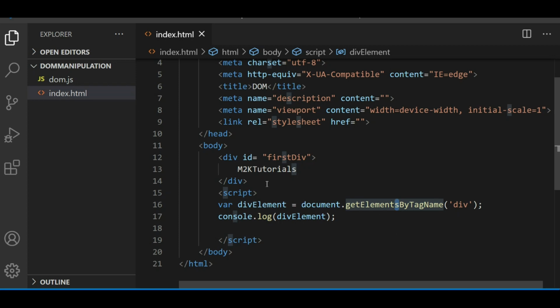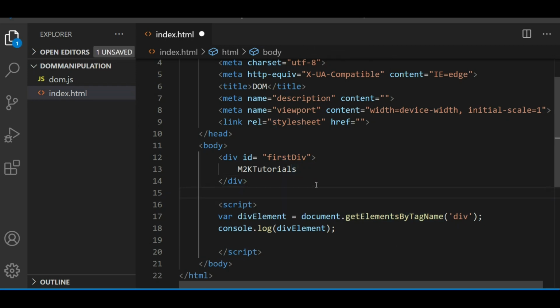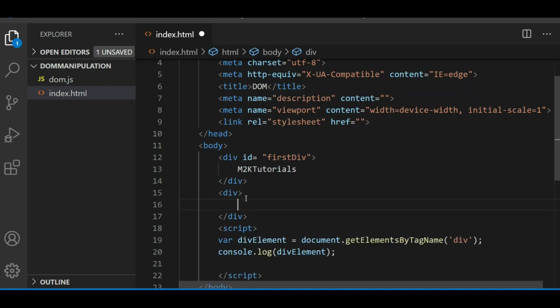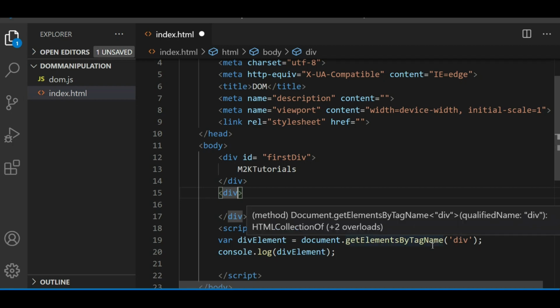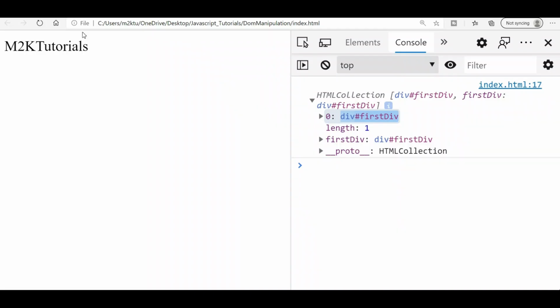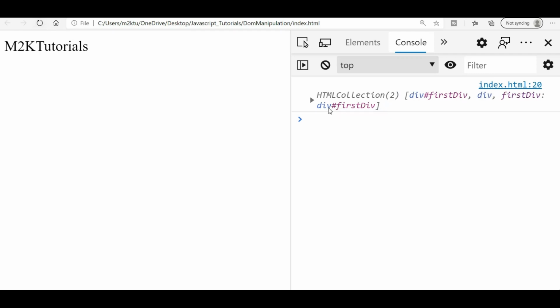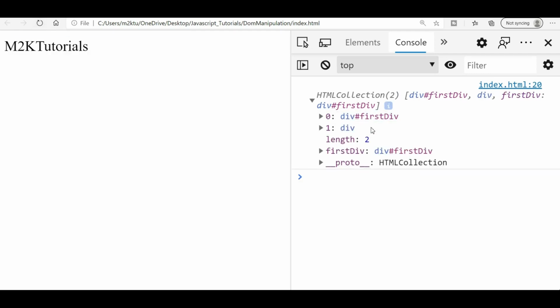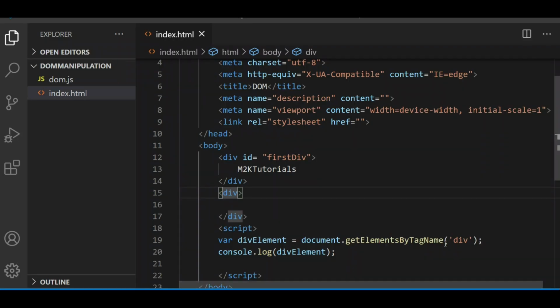And why is that? Let's say I have written one new div here. Now if I use getElementsByTagName, save it and run it in our HTML, you will see that two elements are now coming, right? So getElementsByTagName gives you an array with the references of all the divs in your HTML.